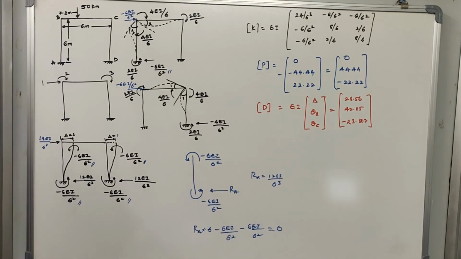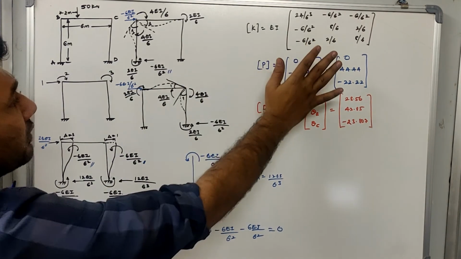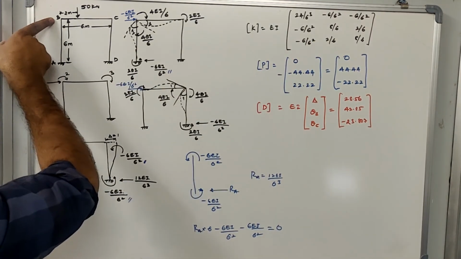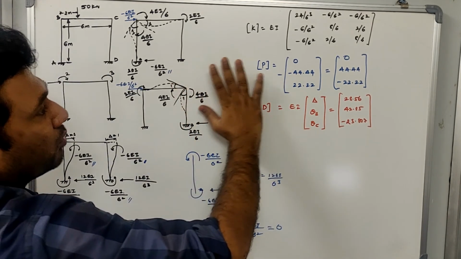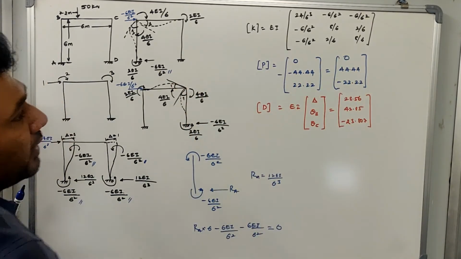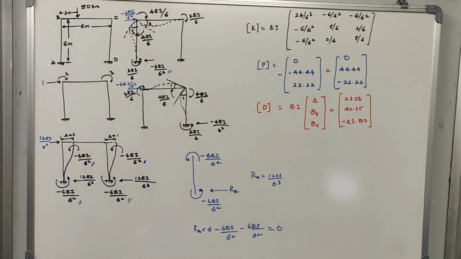In future I will be solving more problems where I will explain how this force matrix will change if there is a force being applied at this joint. I will solve it later. I hope it is clear how to solve the force matrix. Once you solve the force matrix, you know the drill. What is the next thing to be done?